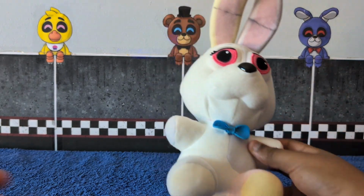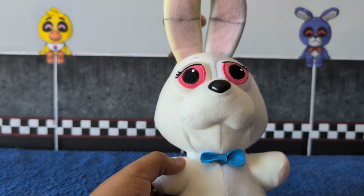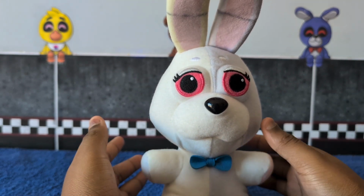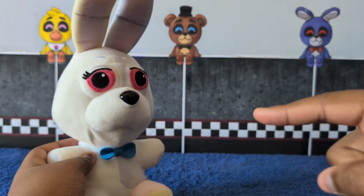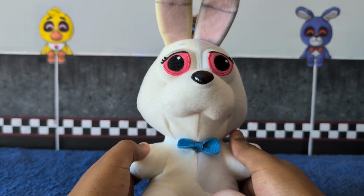So, the first thing you'll notice about this plush is, it's just, Funko, during the Security Breach wave, the character designs were revealed early. They based them off of the Trends International poster, which I will put an image right there. I don't know why these plushies look so bad. And the material, I have the original 2020 scratchy materials, so,